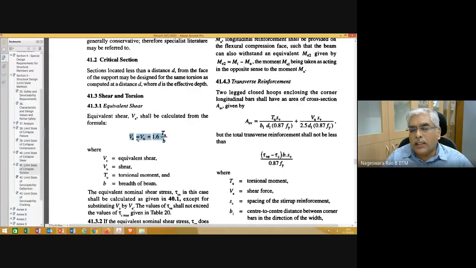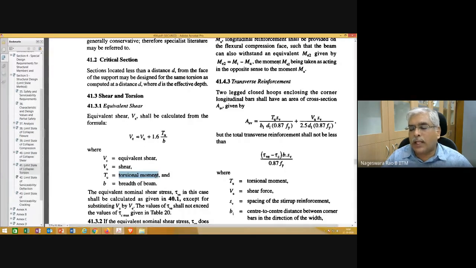Vu is your direct shear, that is, when you analyze a beam and get the shear force and bending moment, that shear force is this Vu, and Tu is the torsional moment applied on the RC section, in addition to the regular transverse loads.